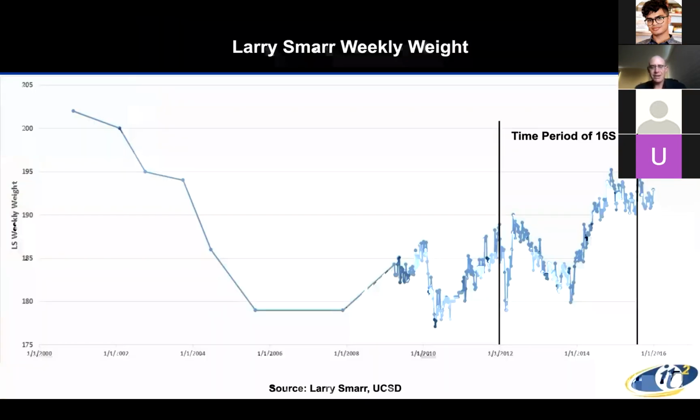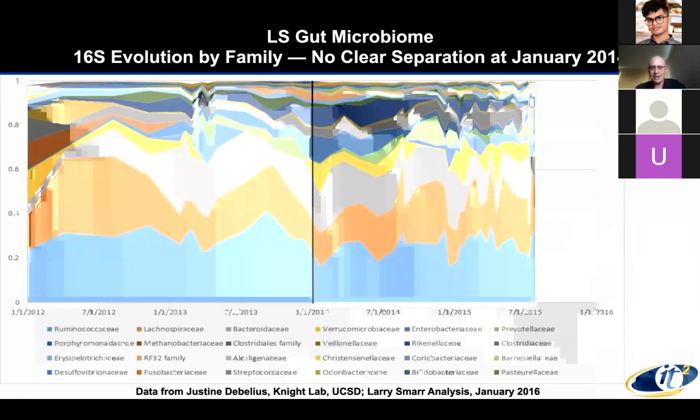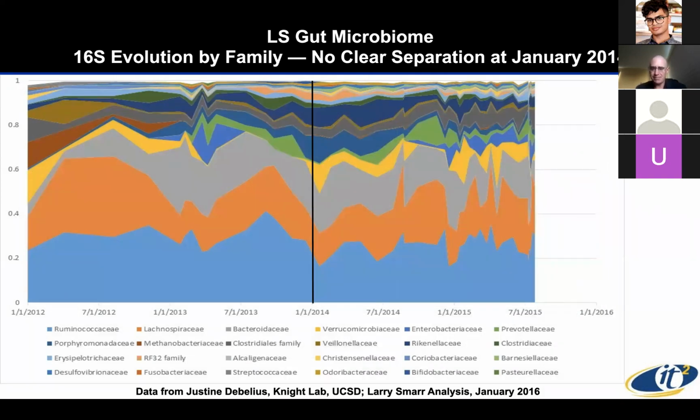And Larry's very interesting because he's been releasing data about himself on the internet for the last 20 years, starting with a single dimension of his weight, and then going to dozens of dimensions with blood tests, thousands of dimensions with microbiome tests, now millions of dimensions with shotgun metagenomics. You can see some substantial fluctuations in his weight over the period of sampling. But when he sequenced a bunch of those samples, he came up with this. What you're looking at is a display over time of the families of bacteria in Larry's gut. And don't worry if you don't see any obvious patterns in there, because neither did Larry, despite spending a huge amount of effort and compute time on generating this display.